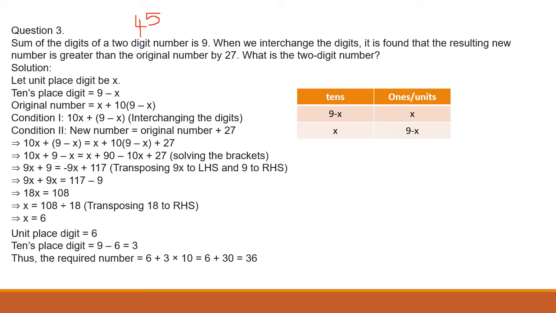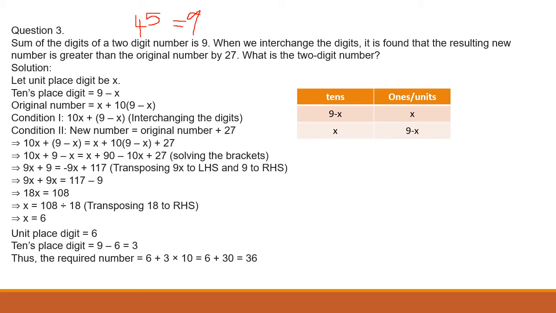If we add these digits, that means 4 and 5, 4 plus 5, how much is it? 9. If we add the digits, the sum of the digits becomes 9. Children, 45 is not the right answer for this question. I am just taking the example. The sum of the digits of a 2-digit number is 9. So if we consider the 2-digit number as 45, the sum of the digits means we add the digits in that number, 4 and 5. 4 plus 5 becomes 9. That is the meaning of this statement, children.